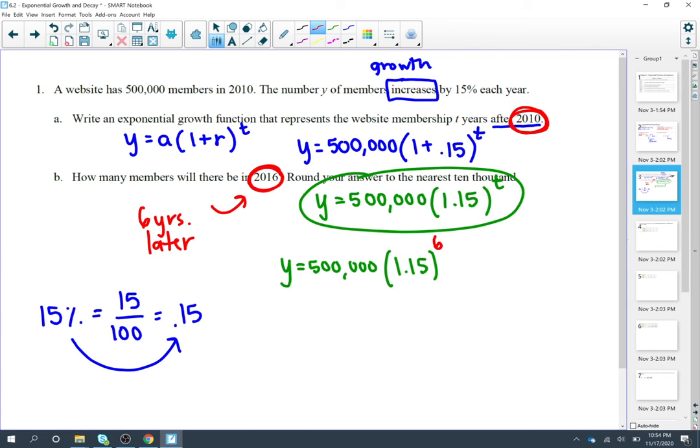Pause your video, grab your calculator. I'm going to grab mine. I'm going to take 500,000 times 1.15 to the power of 6, which is getting me, wow, I believe that's 1,156,530.382. But they specifically said round to the nearest